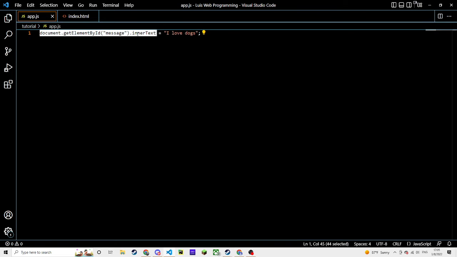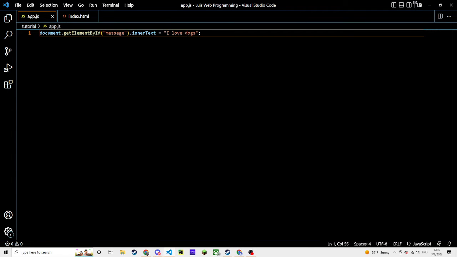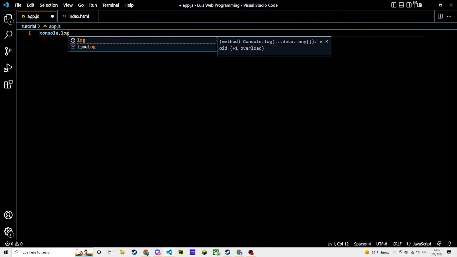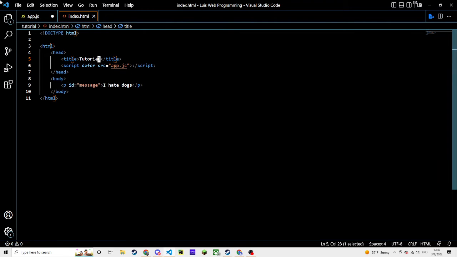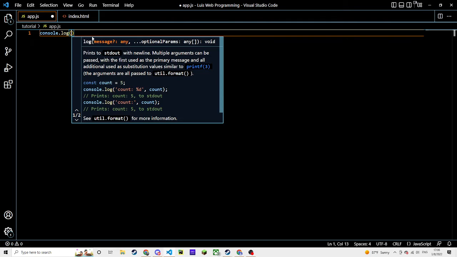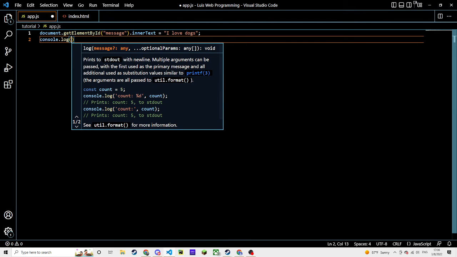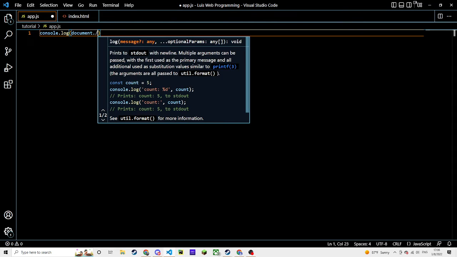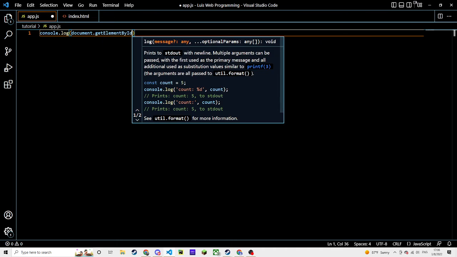Now, what is this access? Just this right here. That can be a very tricky thing. So if I do this, let's log this out really quick. Okay, document.getElementById